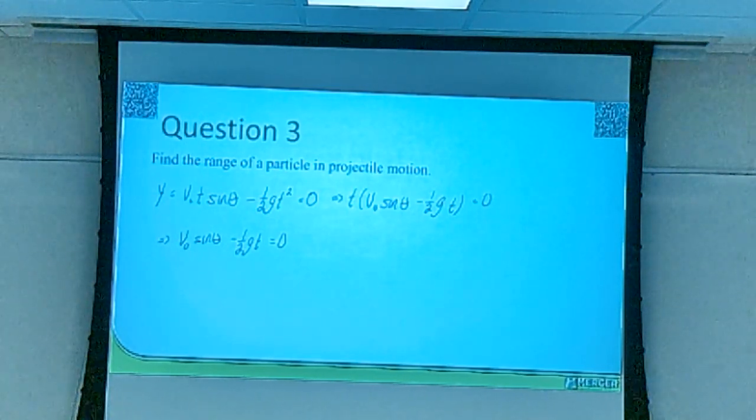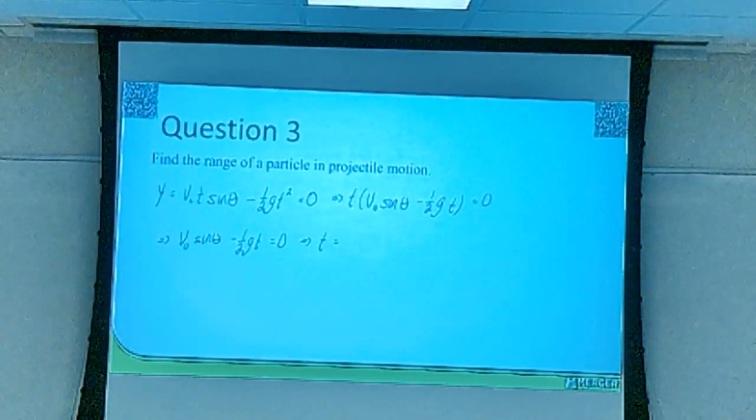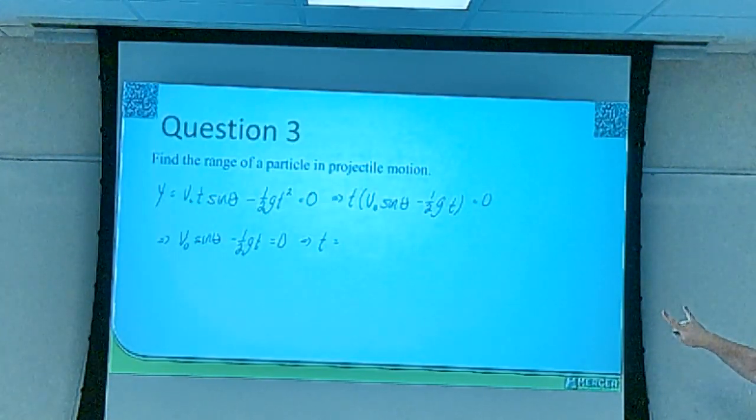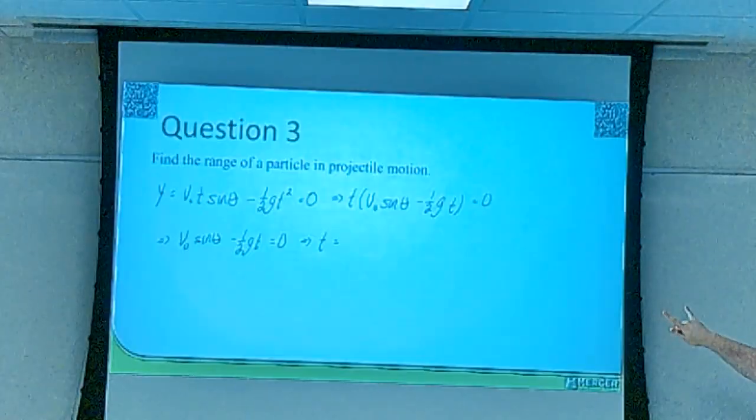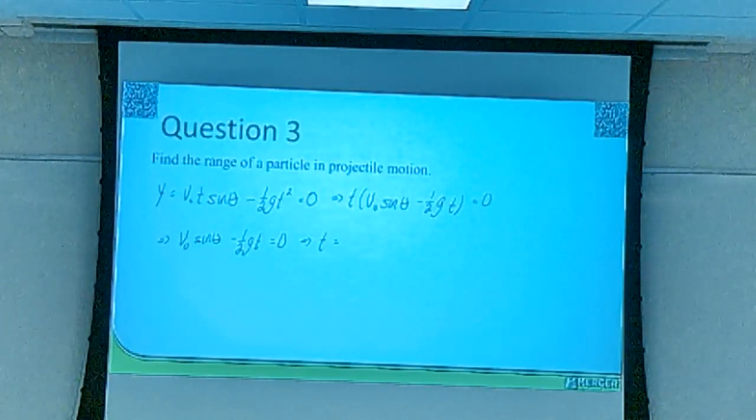So where do you get t equals 0? I get that it's the launch time, but why are you saying t is 0? Step back and factor t out, right? Yeah. Product of two numbers is 0 means one of them has to be 0. Gotcha. So t is 0 or that second quantity is 0. We ignore the t equals 0. And this is